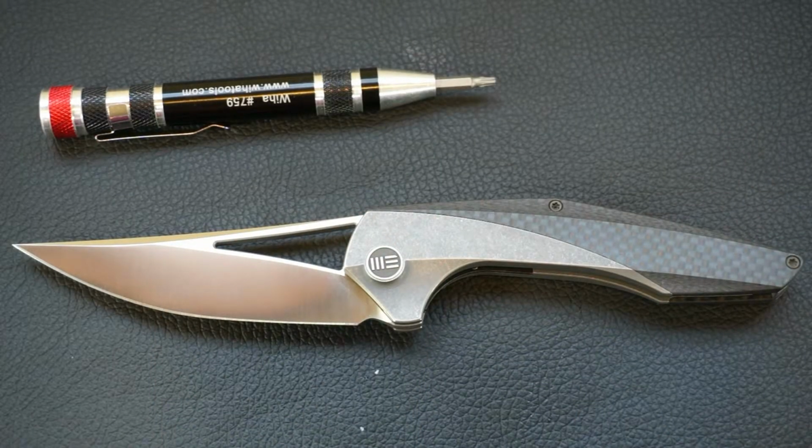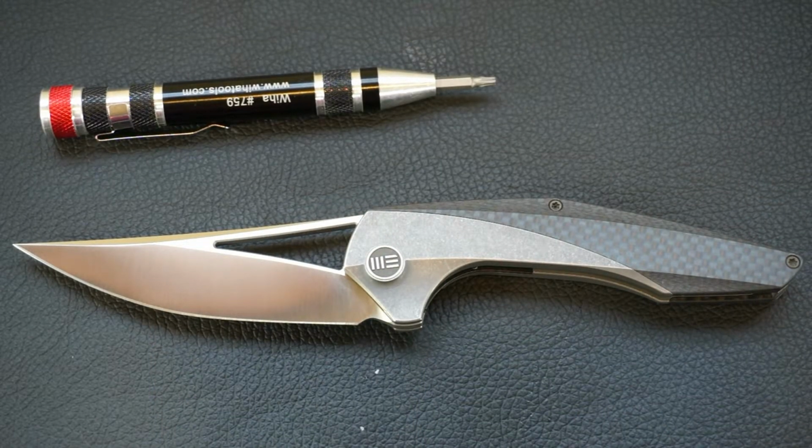Alright guys, well that's it. I wouldn't call this a quick video, but it was a tutorial on how to disassemble and maintain your Knives